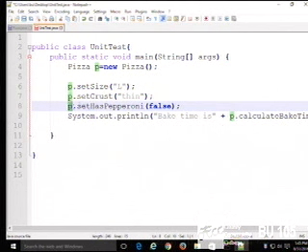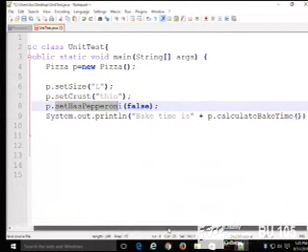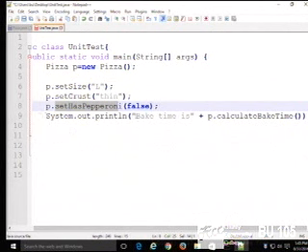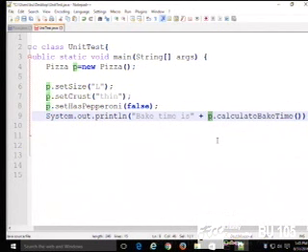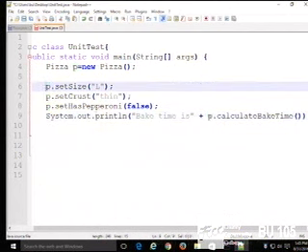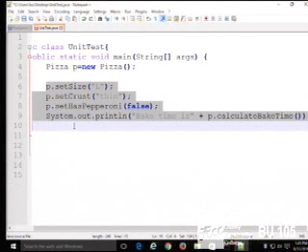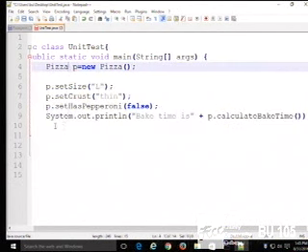This particular pizza does not have pepperoni. We can then ask the computer, or the Java virtual machine, to tell us what the bake time is for this particular pizza, and it will run out and calculate it and return the results to us. So we're calling the methods for this specific pizza. We've created a pizza, and we're now calling the methods for this specific pizza.